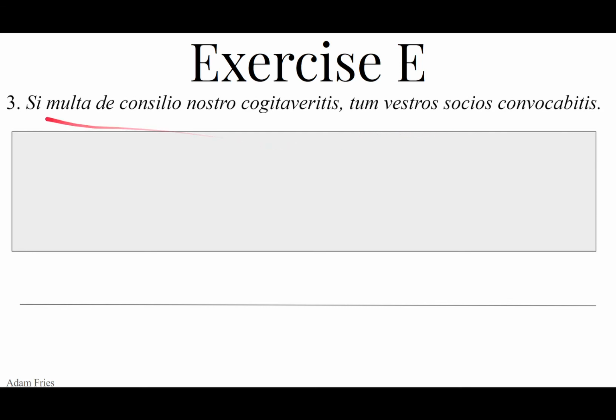Nice. So we have si. Si is a conjunction meaning if. It does not mean yes. So if. Multa, multa comes from the adjective multus, a, um, much, plural, many. This can either be the nominative singular feminine, much something in the feminine, or it can be nominative or accusative plural neuter, and that's probably what it's going to be here. Multa de, we've seen this plenty of times. Multa, much concerning something. De plus the de is a preposition plus the ablative, only takes the ablative.